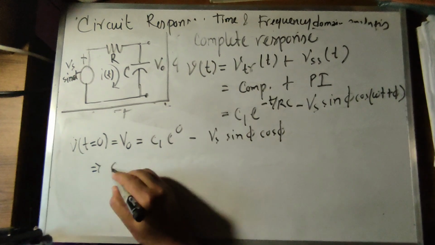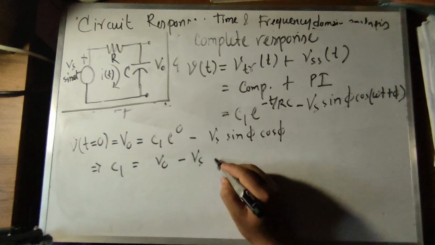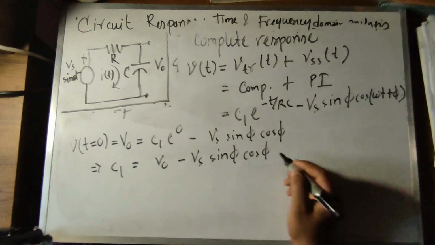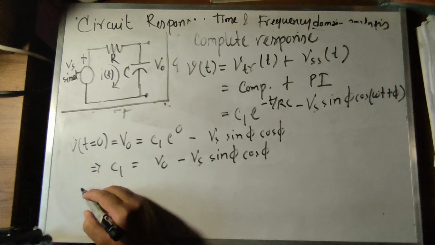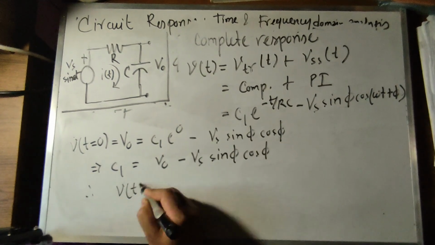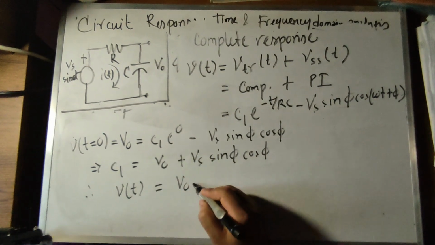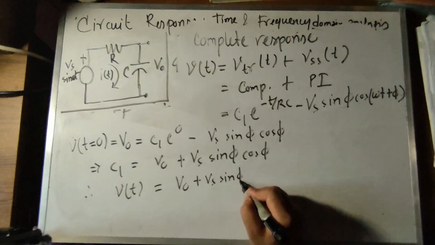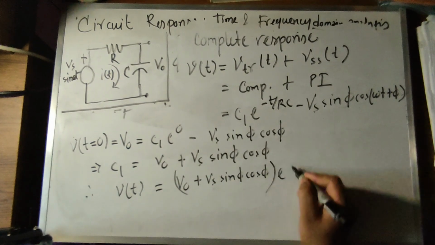So C1 is Vo minus Vs sin phi cos phi, which gives the solution. Thus v(t) is Vo plus Vs sin phi cos phi e to the power minus t by RC